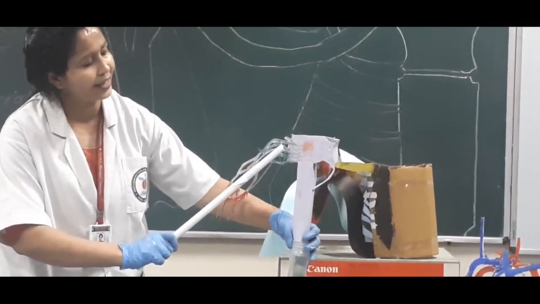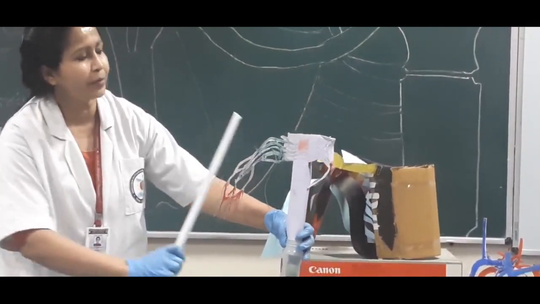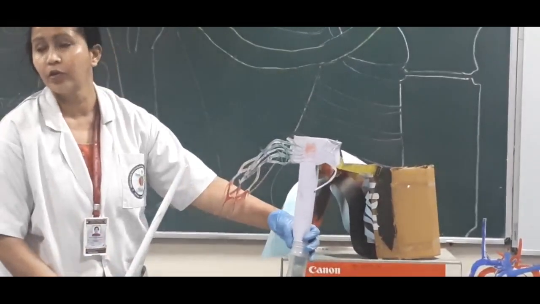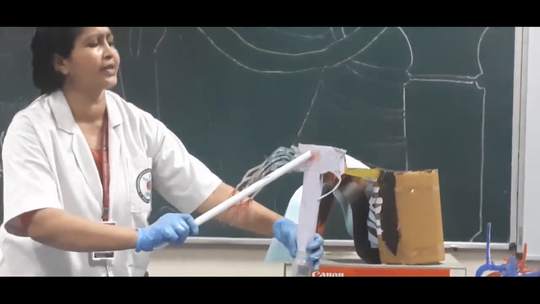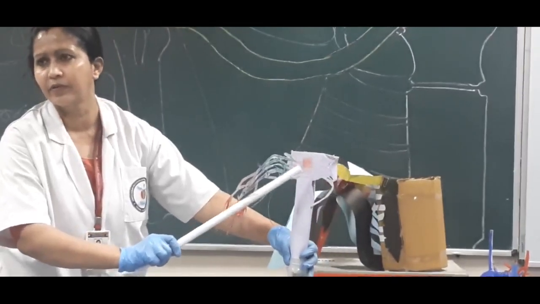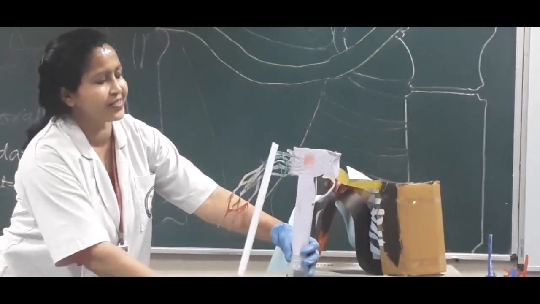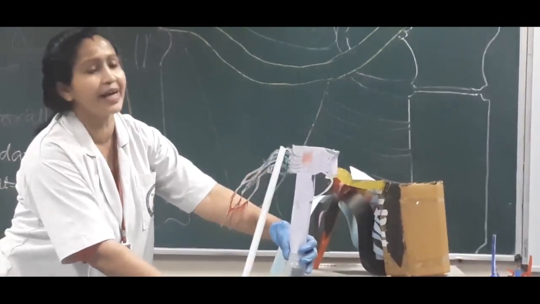So in green color, these are the ventral rami. From here the story starts. That's why these are known as root of the brachial plexus. It is nothing to do with the root of the spinal nerve. Nothing to do with. As the story starts from here, that's why it is considered as root.